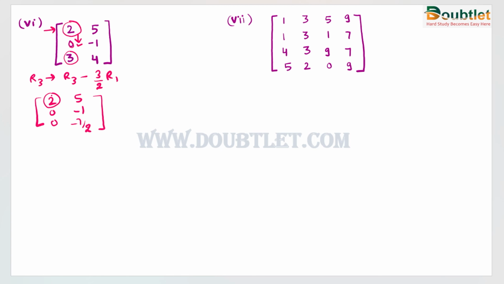Now for this element, all the elements below this are 0. This condition is satisfying. To the left of this are 0. Since there is no element present, this condition is null and void for this element. Now move to the second row.